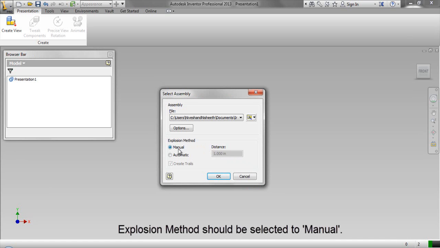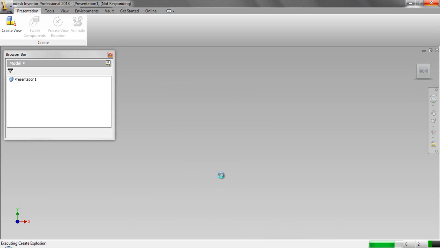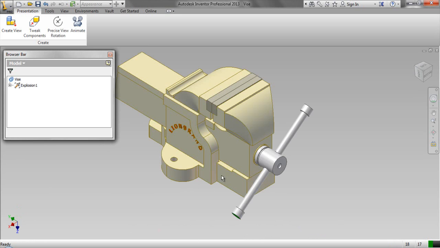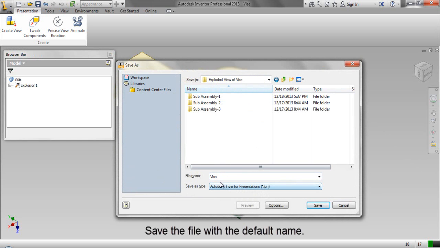Explosion method should be selected to manual. Click OK. Save the file with the default name.